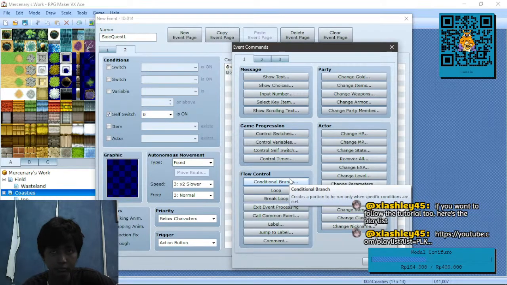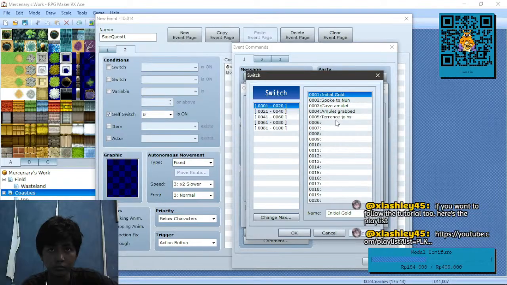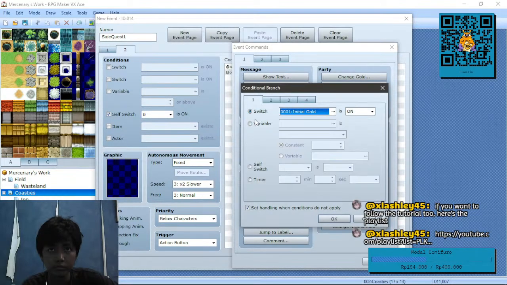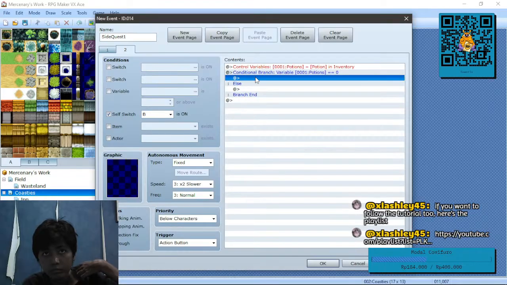Well, the first conditional branch is that the variable potions, since it's the first one, is equal to 0. Okay, and this is the default anyway, so that's fine for us. If the potions are exactly 0, we want him to say something like,